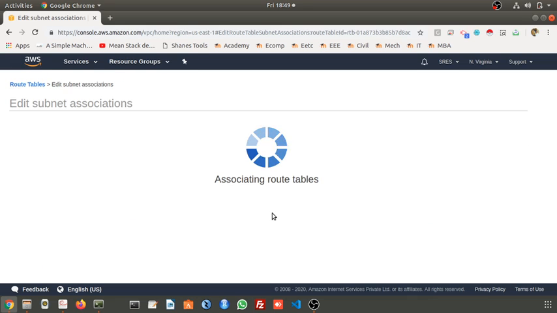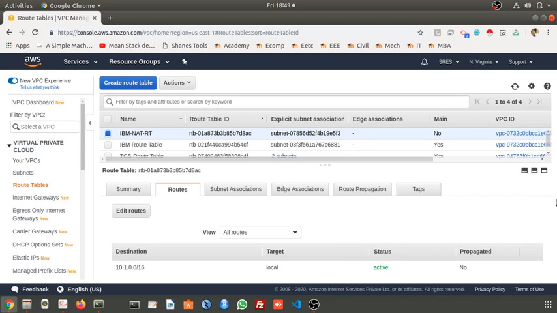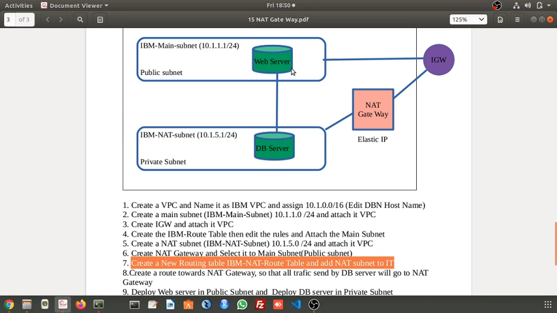Save. Next we have to add the routes also. You can see here which traffic will be allowed: the traffic coming from this 10.1 series. It means it allows traffic only from this server, because its IP address starts with 10.1. Whatever traffic comes from this range will be accepted.